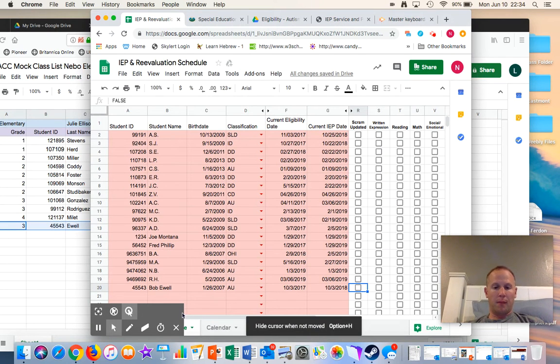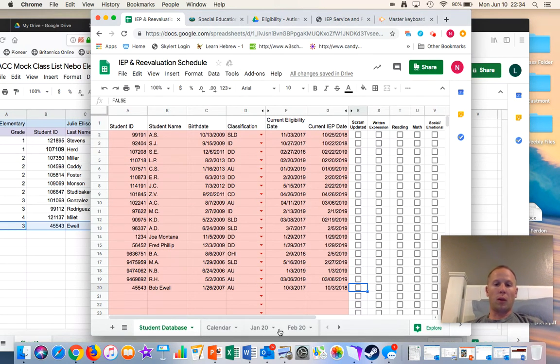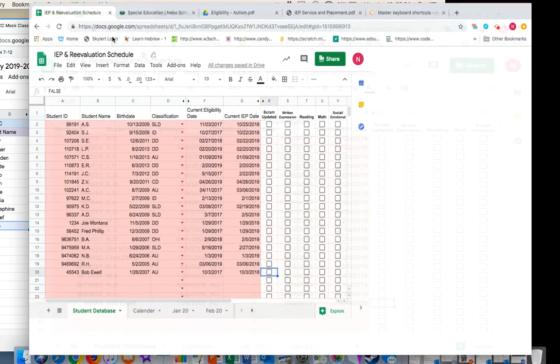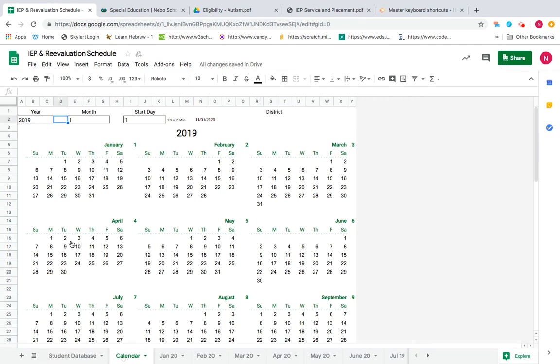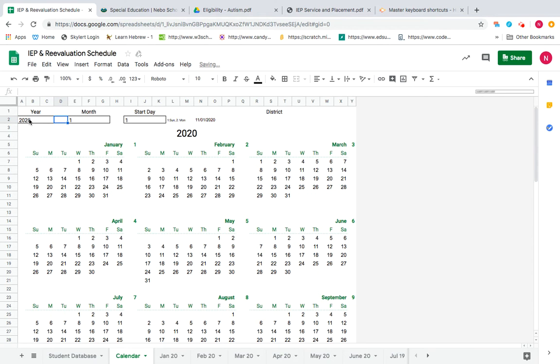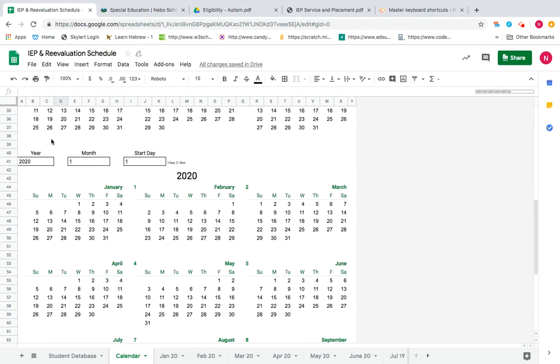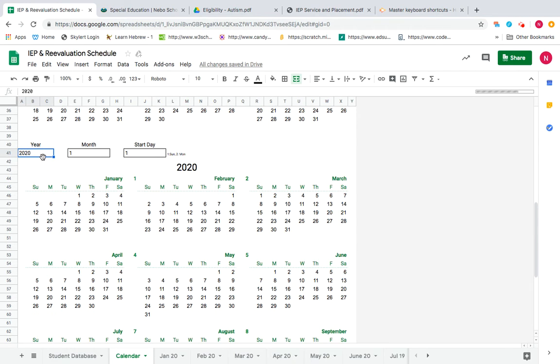Okay, so now what I'm going to do is just real quickly go through the real reason we're doing this document, at least part of it, and that is the calendar component of it. So the student database is the main page, so everything is drawing from the student database. That's why you have to make sure that these cells are filled out accurately. What you're going to see here is a whole calendar at a glance. You can change the year on this, and it will actually automatically change everything. So this becomes a dynamic